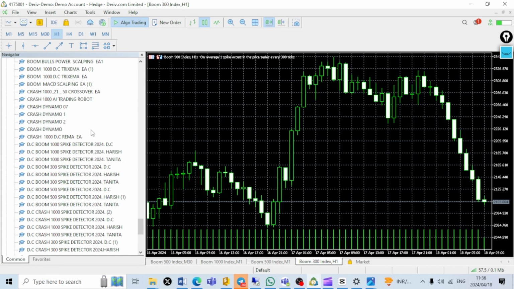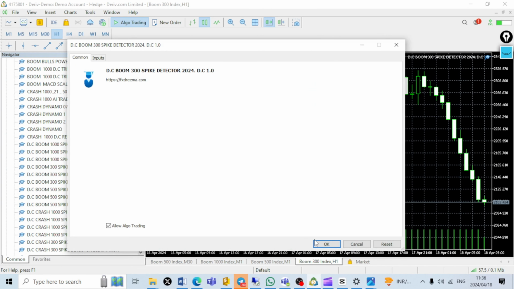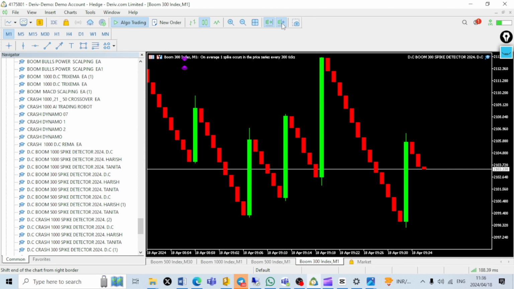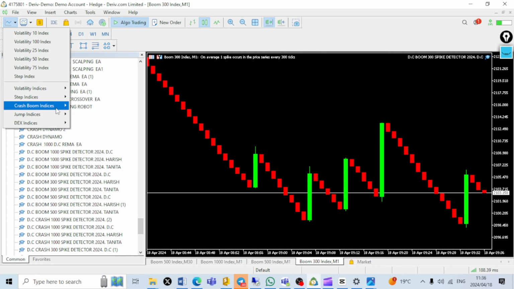By following these steps, you can successfully download, install, and configure the DC Spike Detector EA on MetaTrader 5 for each boom and crash asset, enabling you to receive signals and conduct strategy tests for historic